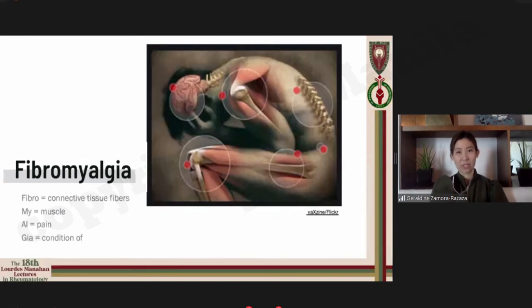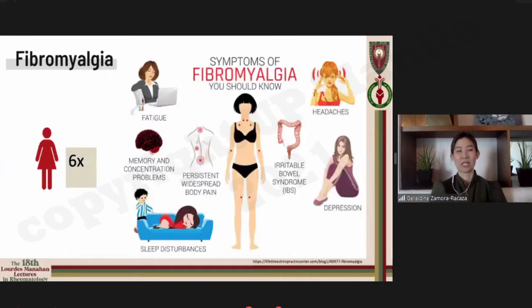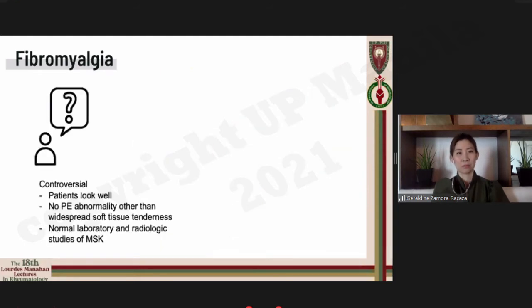Okay, another source of pain in patients with lupus is fibromyalgia, a syndrome of generalized musculoskeletal pain and tenderness. Fibromyalgia is 6 times more common in women in reports from specialty clinics. Aside from widespread pain, these patients also experience non-restorative sleep, fatigue, cognitive disturbance, psychiatric symptoms, and multiple somatic symptoms such as abdominal pain, irregular bowel movement, and others. Like many other common chronic pain syndromes, fibromyalgia has been a controversial condition since patients look well. There are no obvious abnormalities on physical exam other than widespread soft tissue tenderness, and laboratory and radiologic studies of